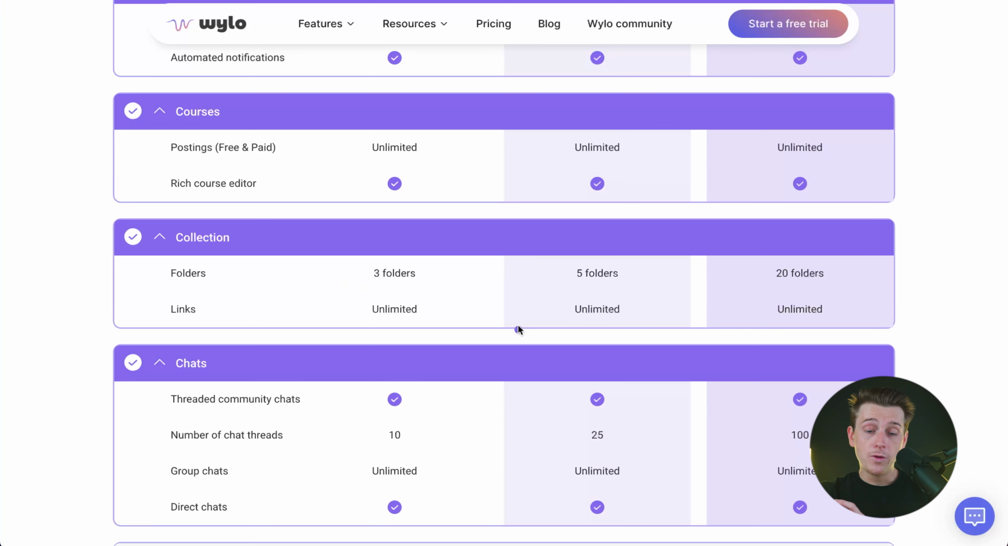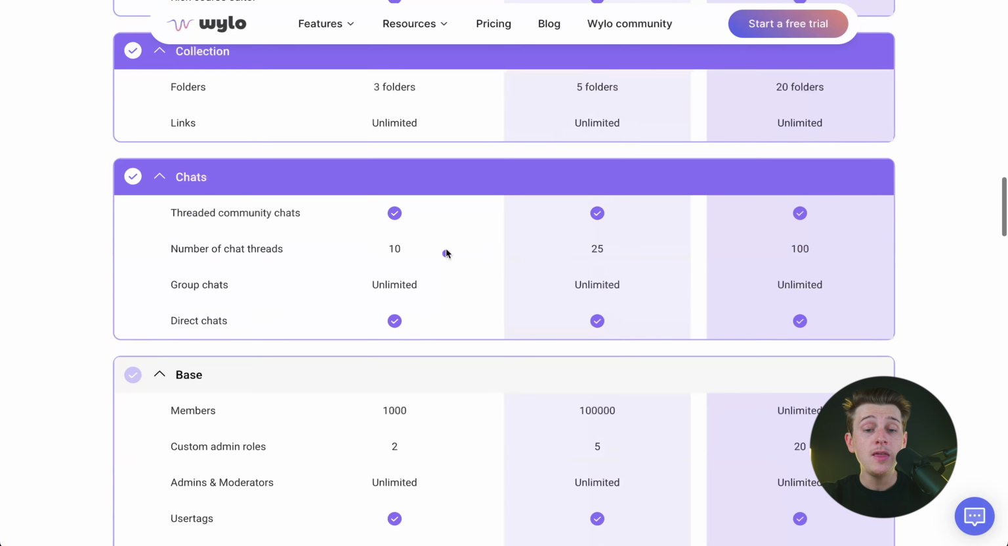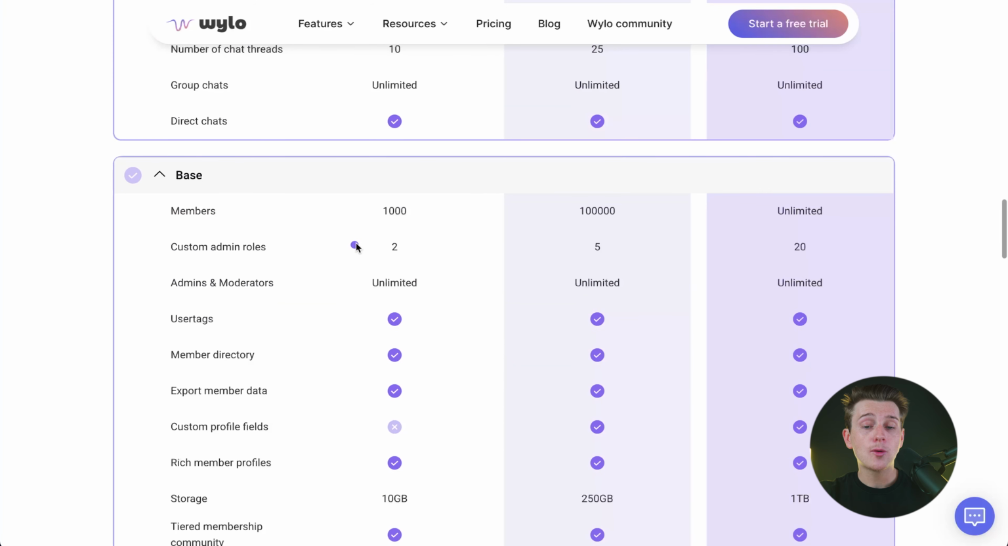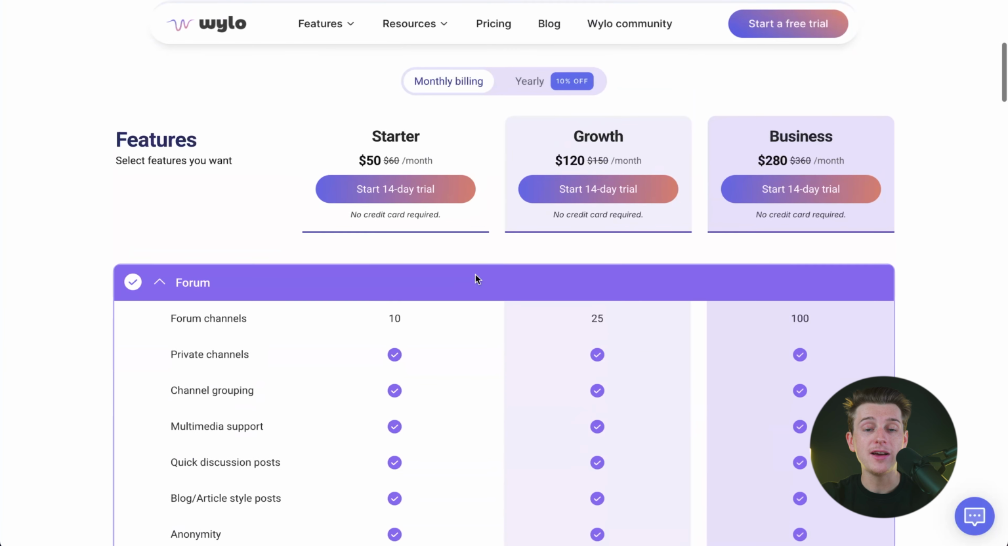And then of course your folders, you get 3 folders, 5 folders, and 20 folders, depending on which tier you go with. Then there's also the number of chats you can have, and of course your member count. As you can see here, based on the pricing plans, there's not too much of a huge difference here. It really only matters about the number of people that you're working with or planning on having inside of your